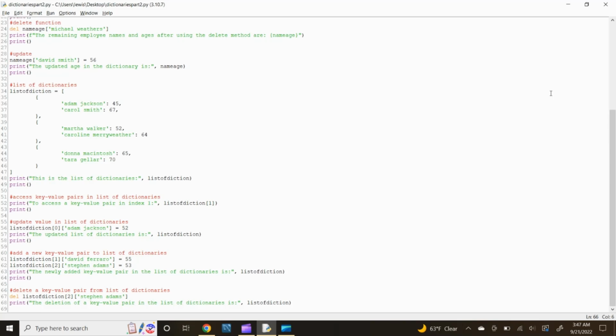Now for our 12th operation, let's delete a key value pair from the list of dictionaries using the delete function. I want to delete the key Stephen Adams located in index 2 of our list of dictionaries. Type del list of diction open bracket 2 close bracket, open bracket apostrophe Stephen Adams apostrophe close the bracket and